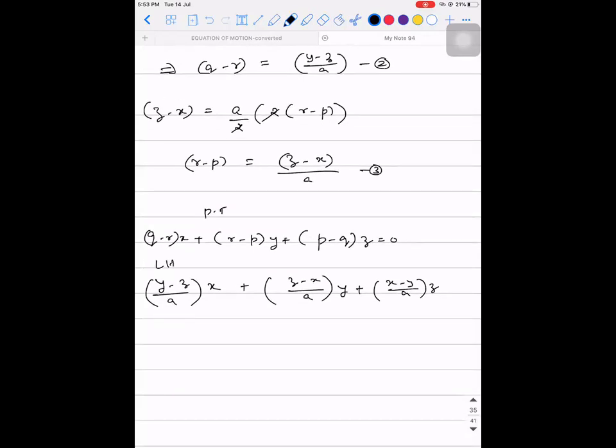So I've taken only the LHS. Once I take the LHS, what do I get in the numerator? xy minus xz plus yz minus xy plus xz minus yz, the whole divided by a, because a is the LCM. So xy will get cancelled with minus xy, xz with minus xz, yz with this answer. Understood, sir. So actually this problem is not based on physics, it's mathematics based.